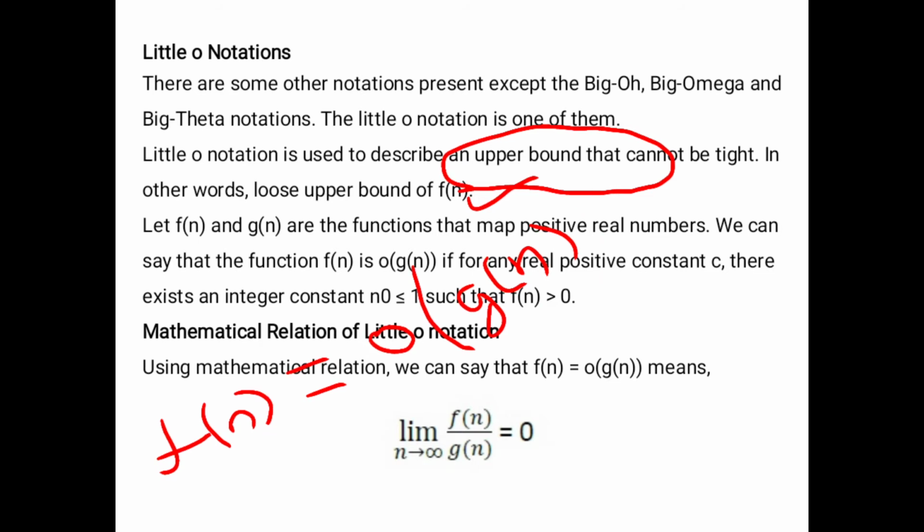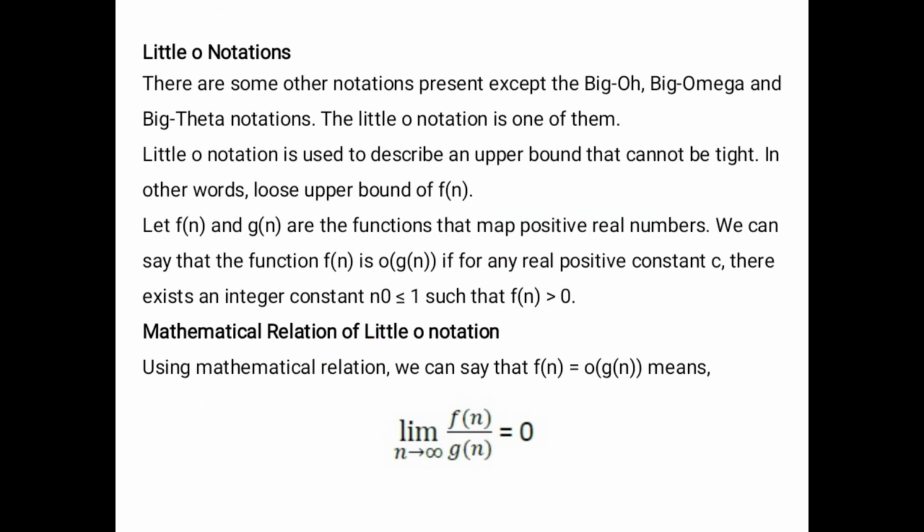Let f of n and g of n be two positive functions over the real numbers. Then we write f of n is little o of g of n